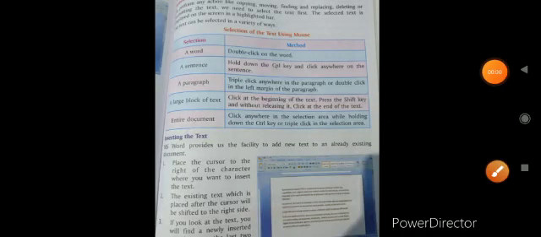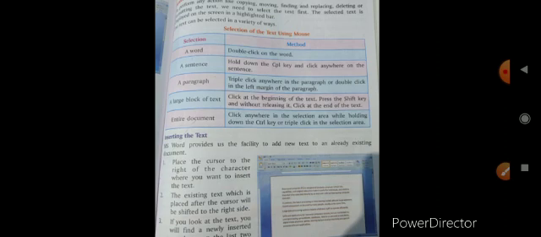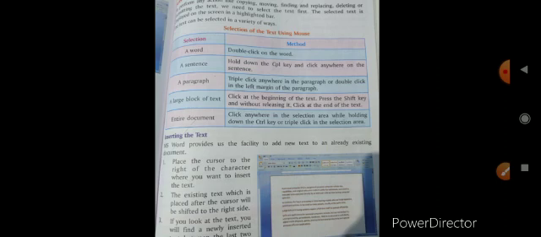Good morning students, today we are going to learn the 6th computer chapter of class 4, that is editing text in Microsoft Word. In my previous lecture we learned opening already existing files, and in this lecture we will learn selecting text and inserting text. So let's start, students. Firstly we learn selecting text.